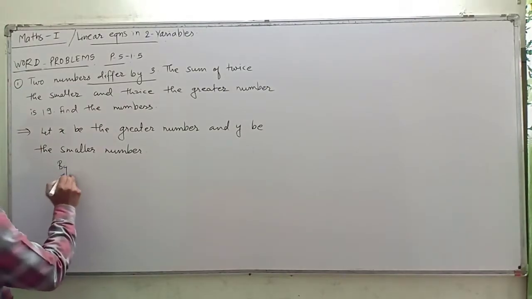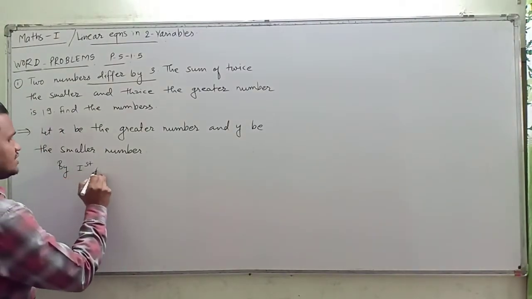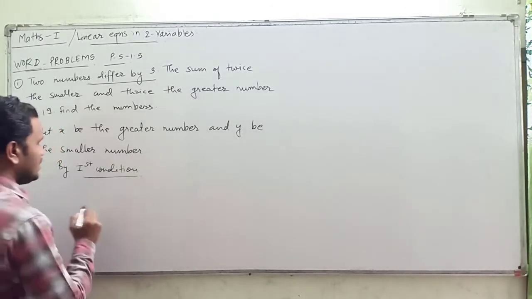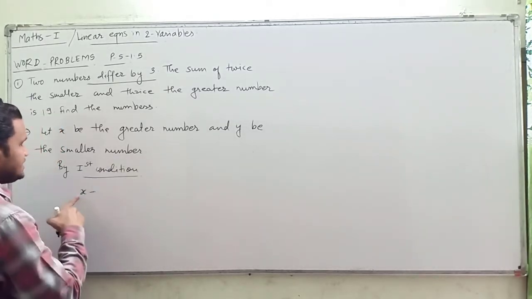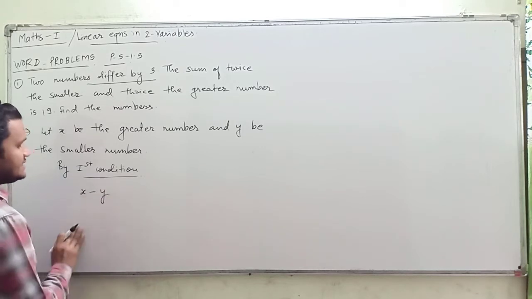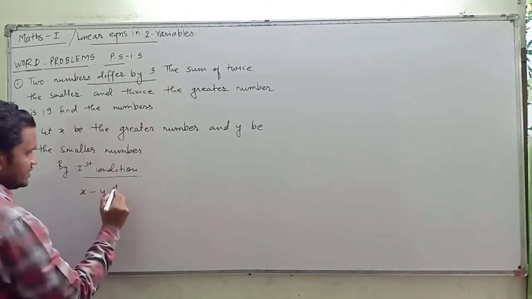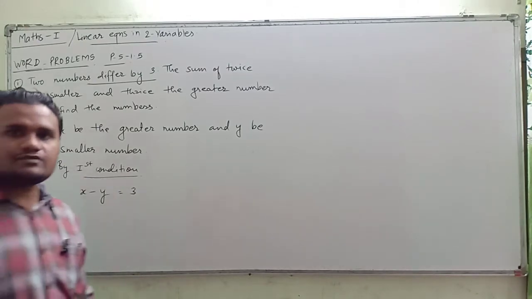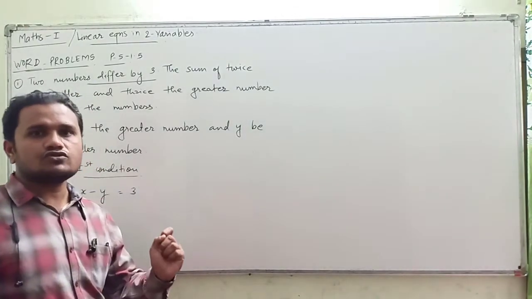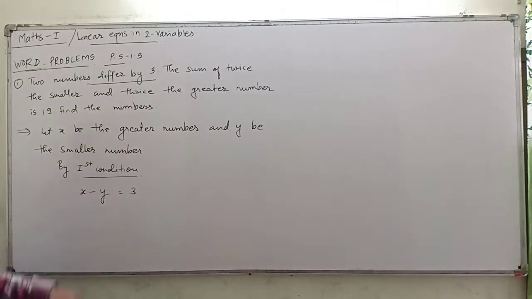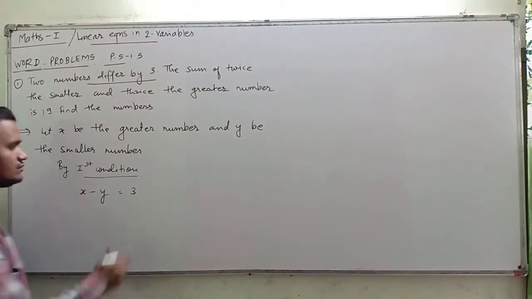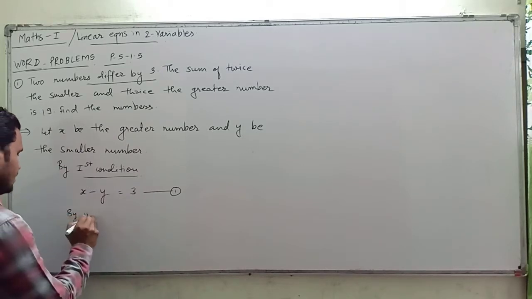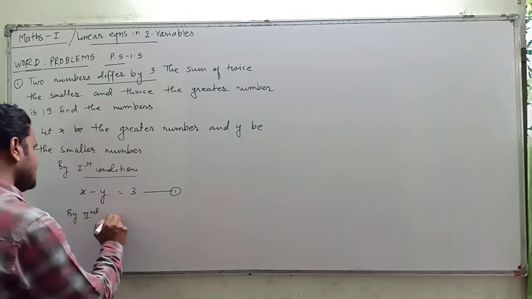So, by first condition, x is greater, y is smaller, their difference is 3. So we say that x minus y is equal to 3. In this way we met the first condition, the easiest one, call it equation number 1. By second condition,